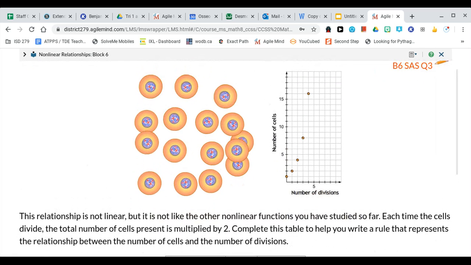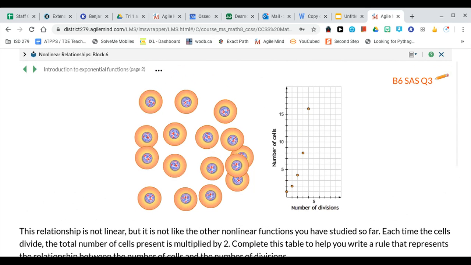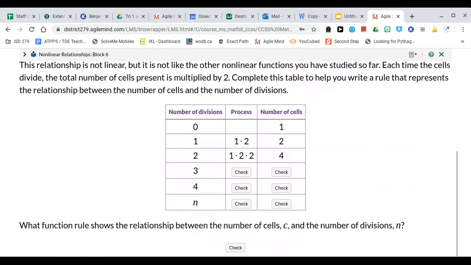This relationship is not linear, but it is not like the other nonlinear functions we've studied so far. Each time the cells divide, the total number of cells present is multiplied by 2. Complete this table to help you write a rule that represents the relationship between the number of cells and the number of divisions. So let's complete this table. It looks like our process doesn't have anything for 0 because we only have 1 cell, there were no divisions. The process for 1: we had 1 cell, and we multiplied that by 2,